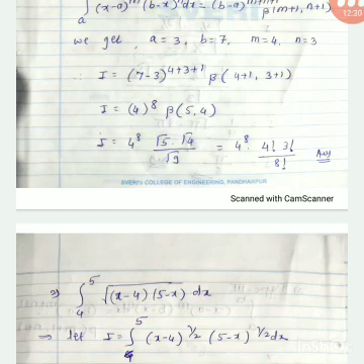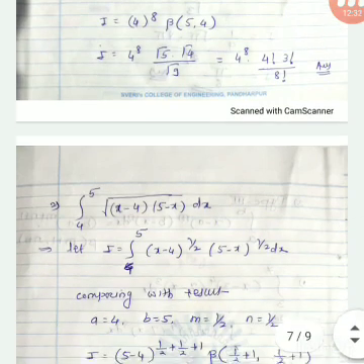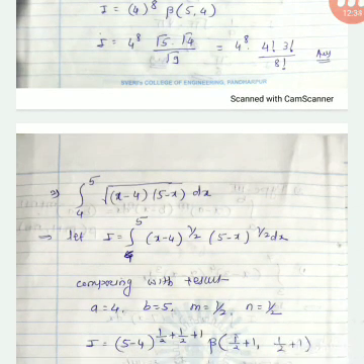Beta of 5 comma 4 we can simplify, obviously, as numbers are there: gamma 5, gamma 4, and gamma of 5 plus 4, that is gamma 9. Gamma 5 means 4 factorial, gamma 4 means 3 factorial, and gamma 9 means 8 factorial. By using a calculator we will get the value of this simplification. We can simplify more. Okay, understood this one? This is type 3 and an important one. Consider one more example.